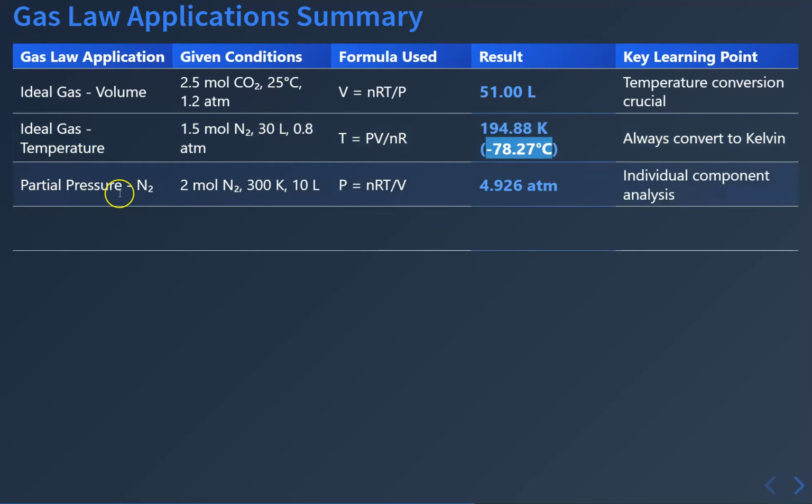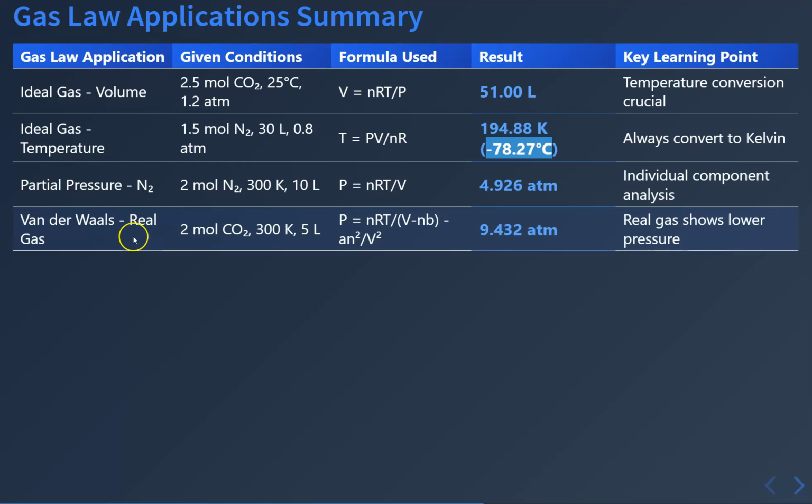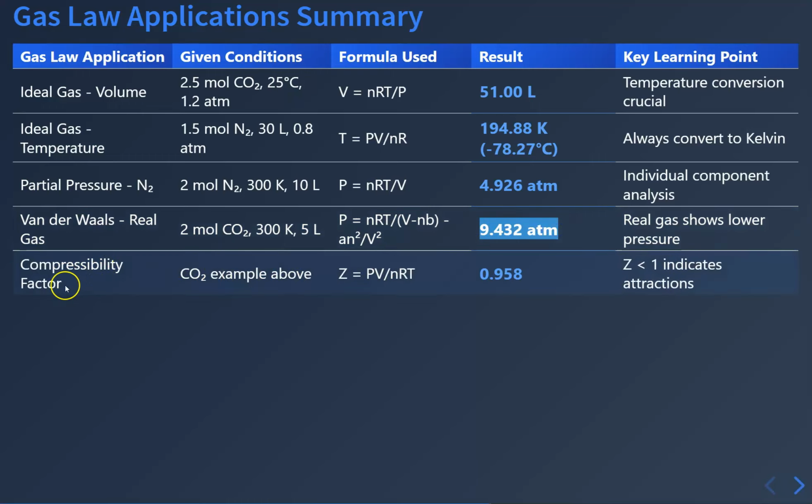And partial pressure: 2 mole of nitrogen, 300 Kelvin, 10 liters, P is equal to nRT by V. So that is 4.926 atm. Then the van der Waals gas, that is real gas. For the given condition, 2 mole carbon dioxide, 300 Kelvin and 5 liter, and we know the a and b values for carbon dioxide. If I plug those in, we will get 9.432 atm. And the compressibility factor we calculated for the carbon dioxide example above: Z is equal to PV by nRT, so that is 0.958. So Z less than 1 indicates